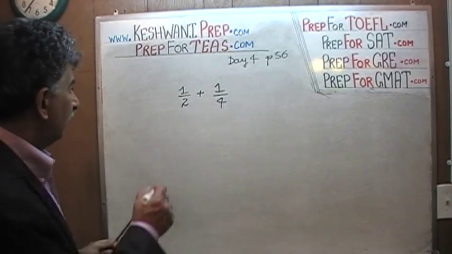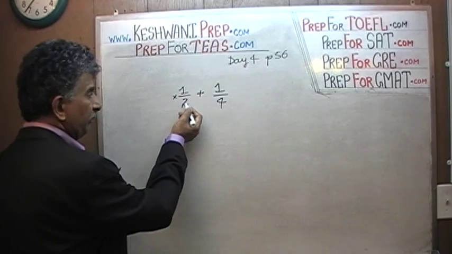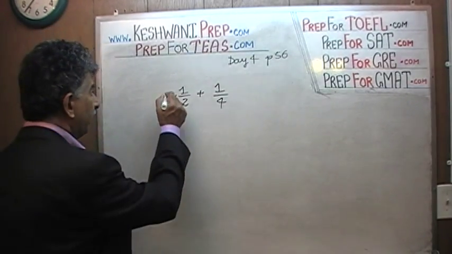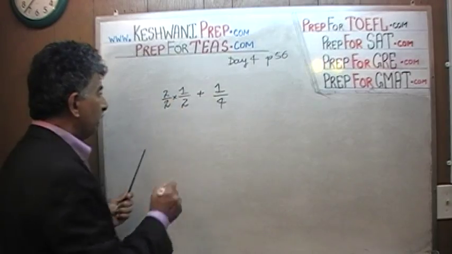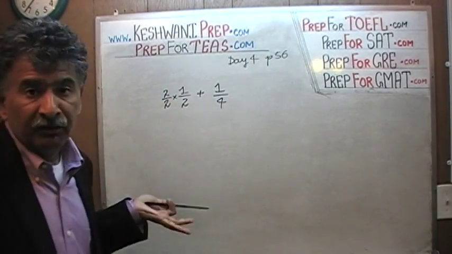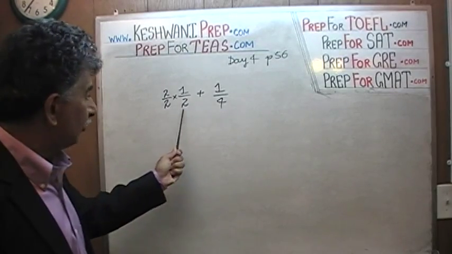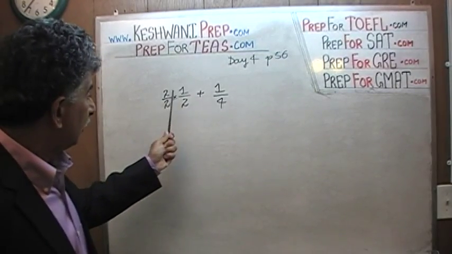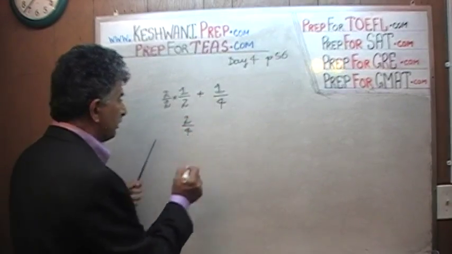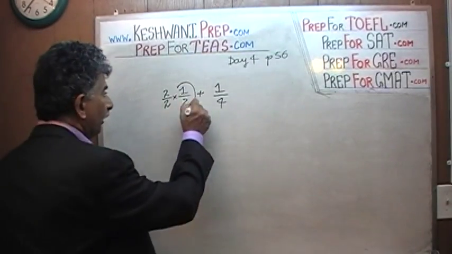Well, it's very simple. Multiply this fraction by 1, but in a clever way. Multiply it by 2 over 2. 2 over 2 is 1, and if you multiply something by 1, it doesn't change the value. So now we have 2 times 2 at the bottom, and on the top we have 2 times 1, which is 2. So we get 2 over 4, which makes perfect sense because